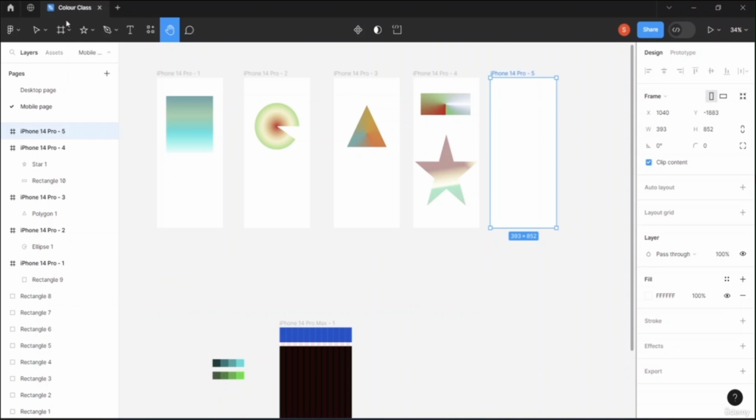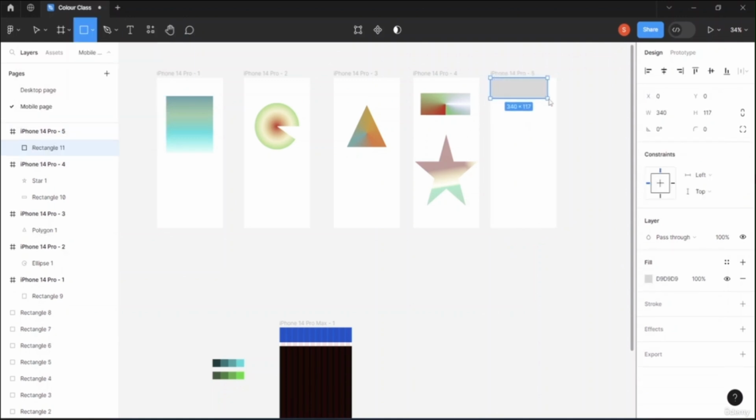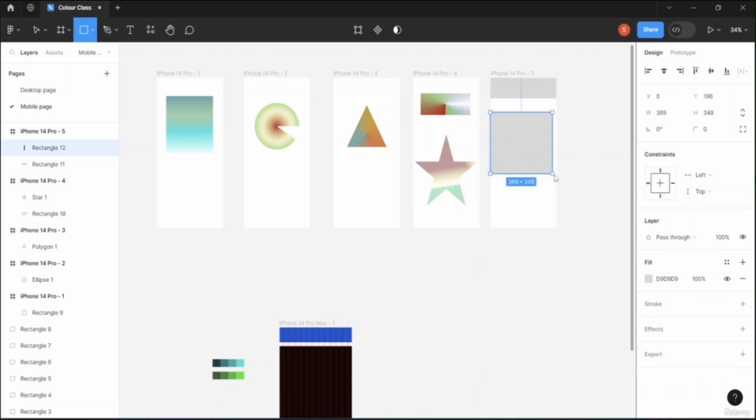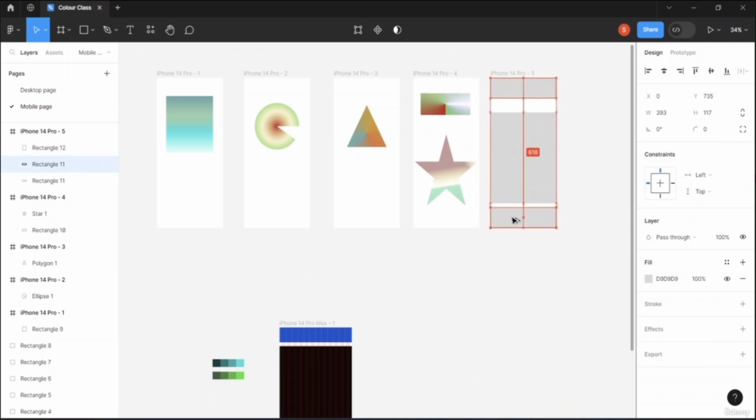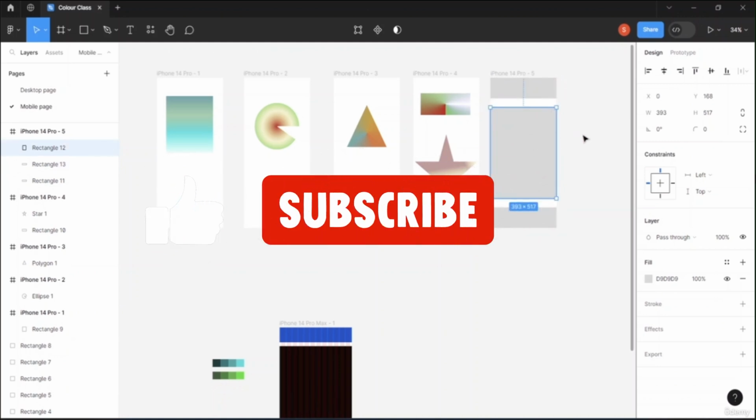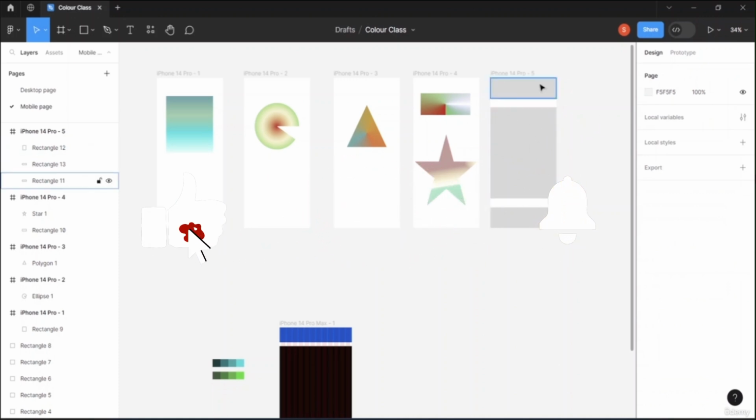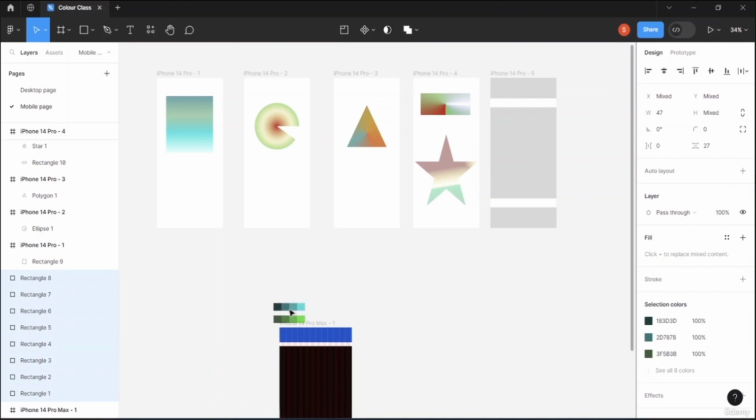Now what I'll do is come to the shape tool and create a rectangle box here, another one here, and I will just copy this one, put it here, and maintain the size and the spacing. Yeah, now this one is in the center. Now I have these types of colors here, as you can see, and let me bring this file as well